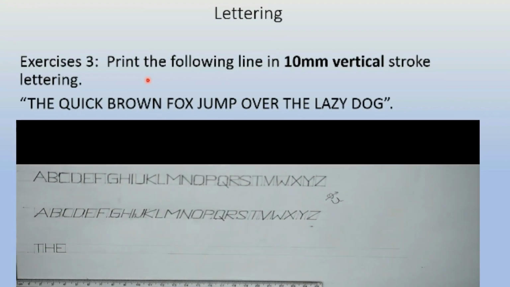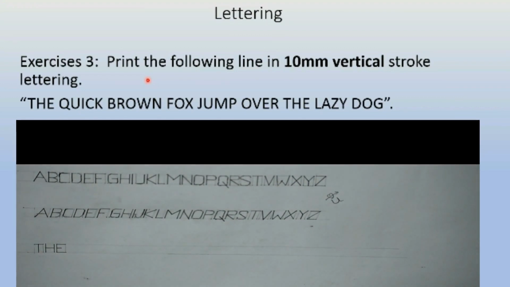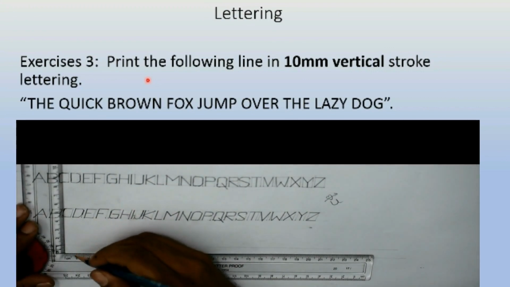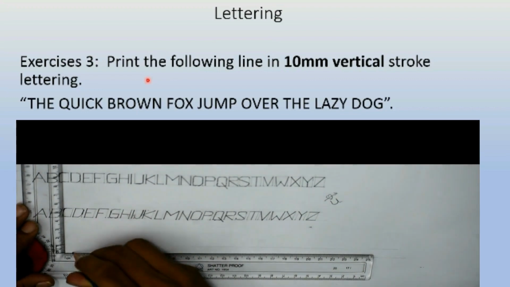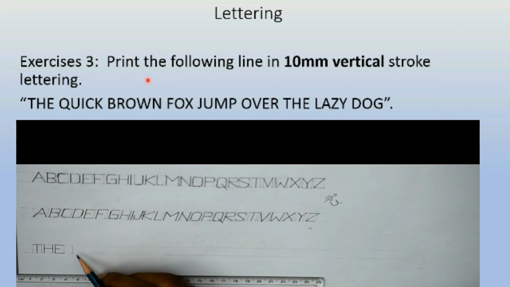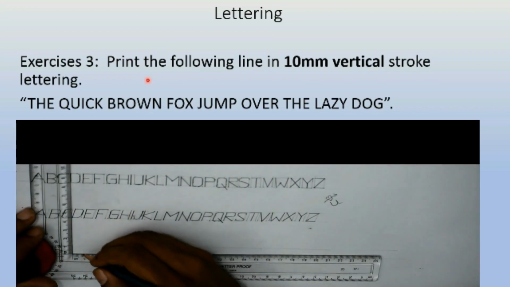So the word "the" is completed here. But one thing to note: after "the", "quick" is a different word. So for 10 mm lettering height, the gap between words is 6 mm. You have to start the letter Q 6 mm after the end of E. So this is a 7 mm